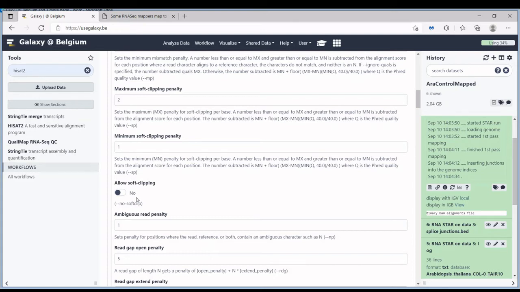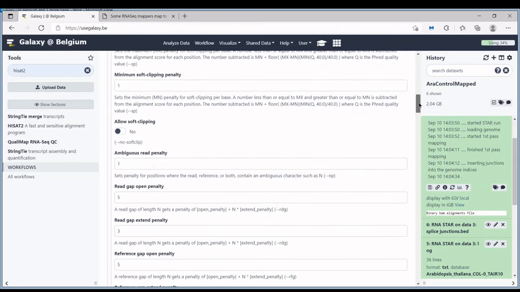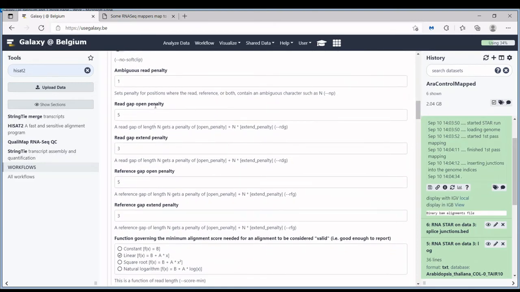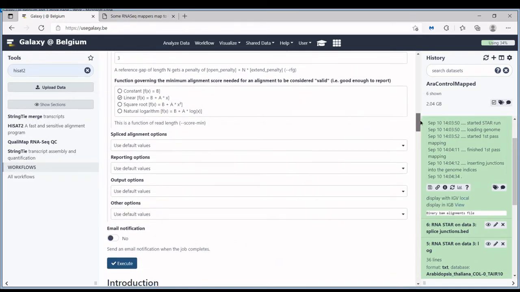But on top of that, HISAT also allows you to do soft clipping, but to penalize it. Well, it's always penalized a bit, but you can increase the penalties. And here you have penalties for gaps, opening, extending gaps.